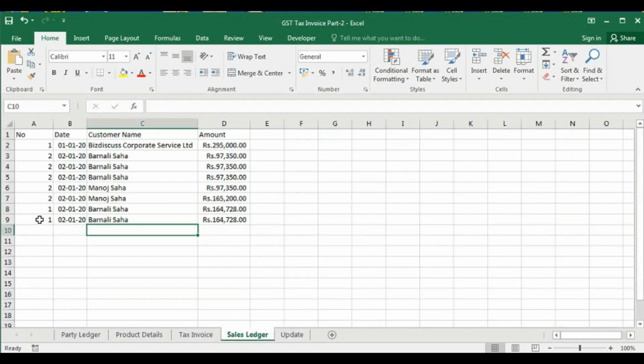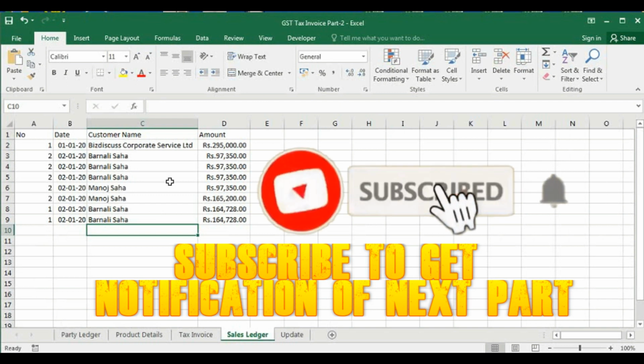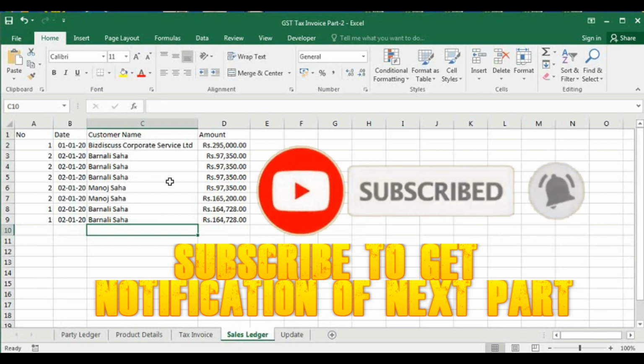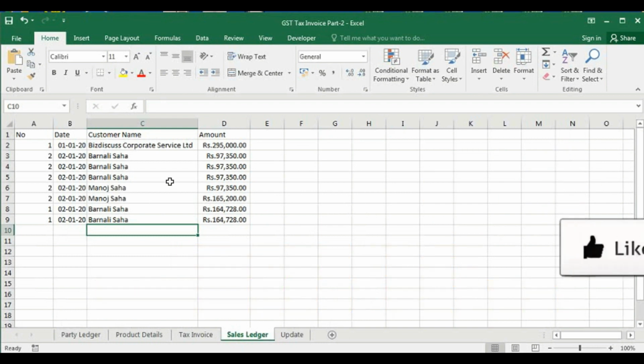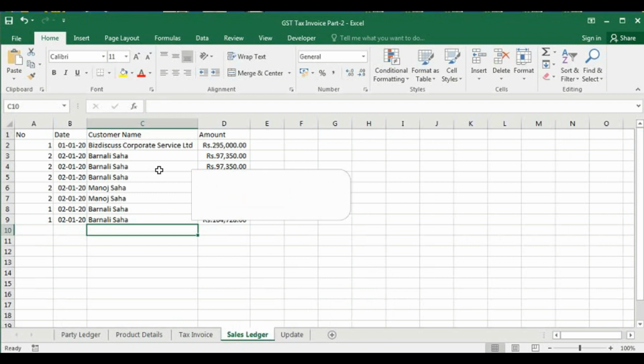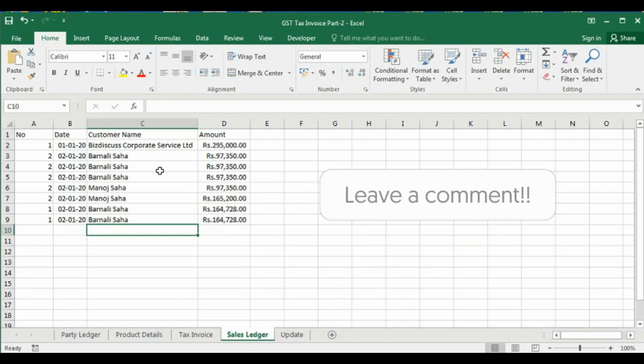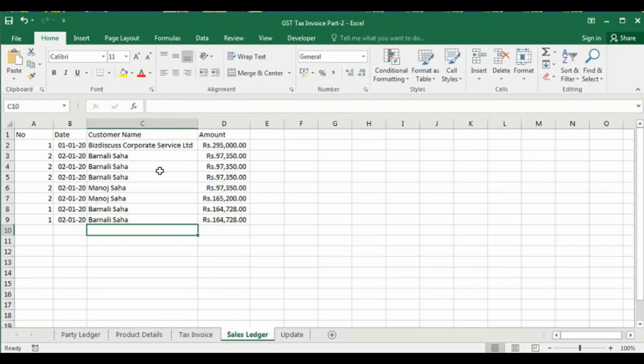This is the invoice number, date, customer name and amount. This sheet can also be used for amount received from customers, so that you can understand for which invoice the customer had paid the amount and how much is left or due for that customer. This will be done in later parts.